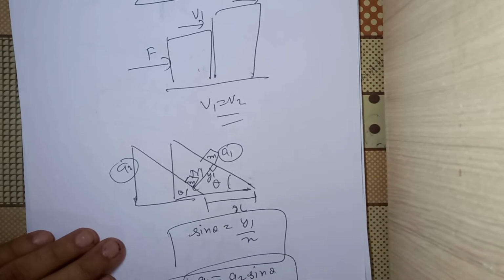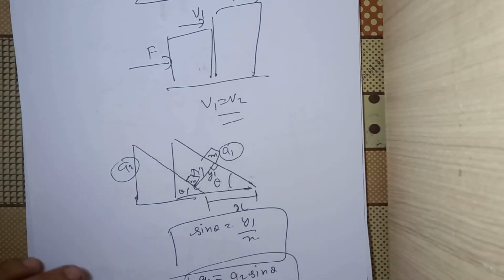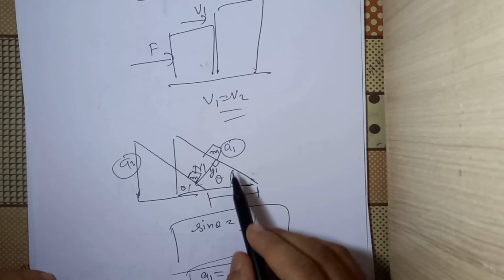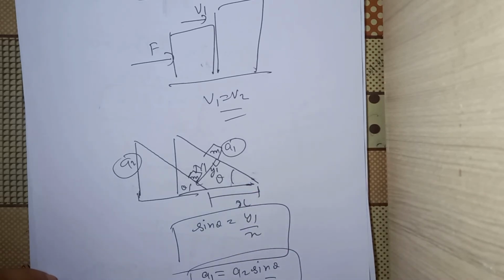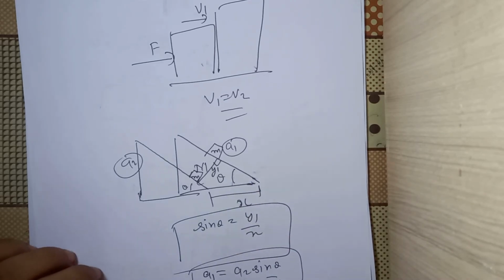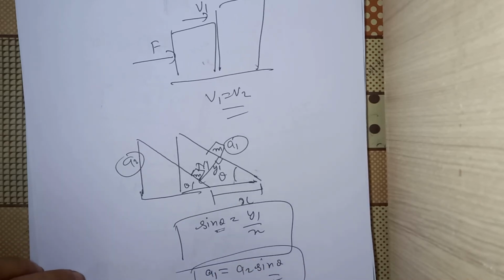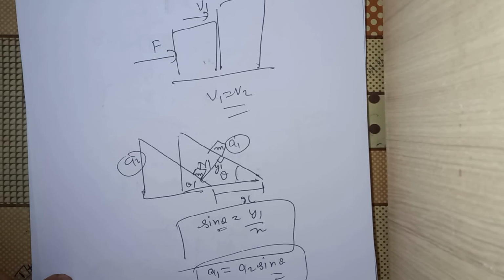There is a very important thing you have to keep note of: there might be cases where this theta is changing. In that case this relation might not be valid, because you will have to differentiate theta also in terms of time. But since theta is constant here, sine theta is also constant, and we are directly differentiating y1 and x. In other cases there would have been a term of d theta by dt also, which could have been replaced by omega.